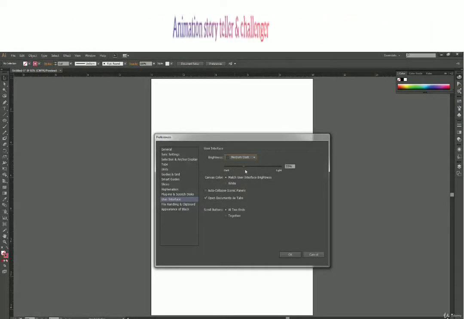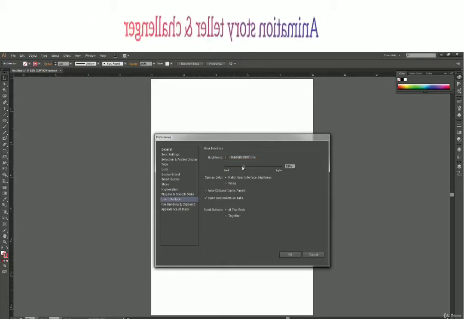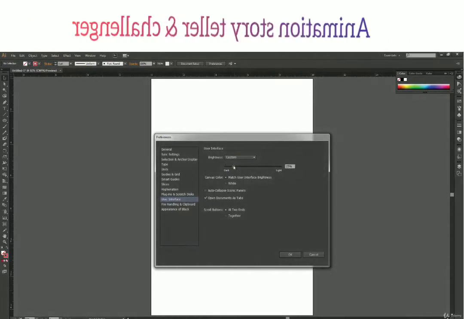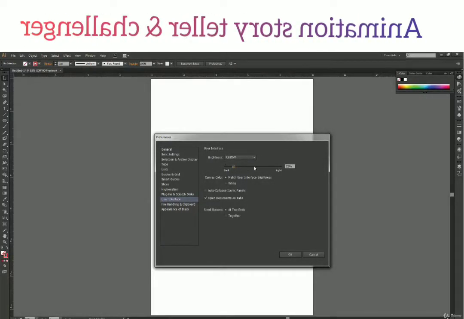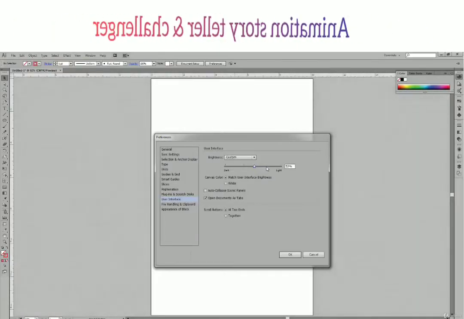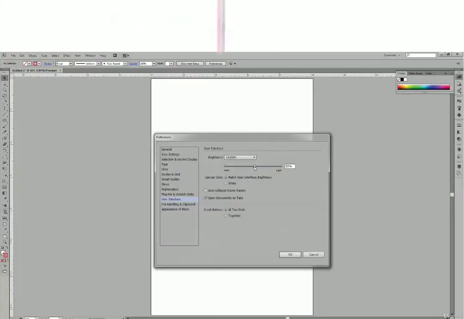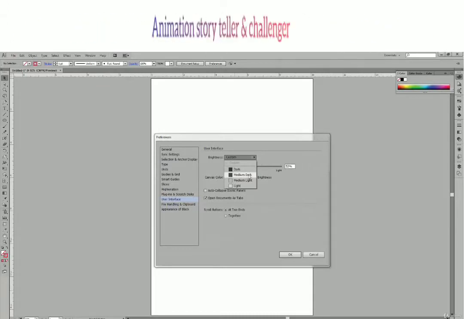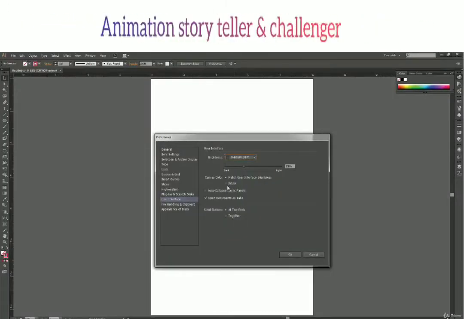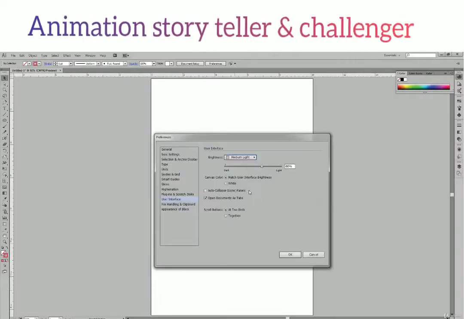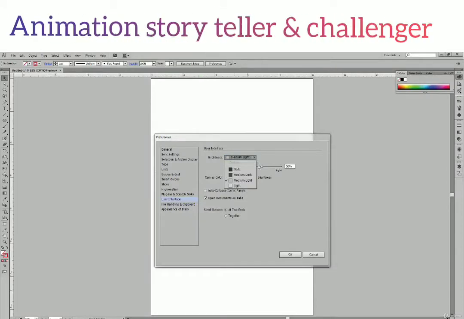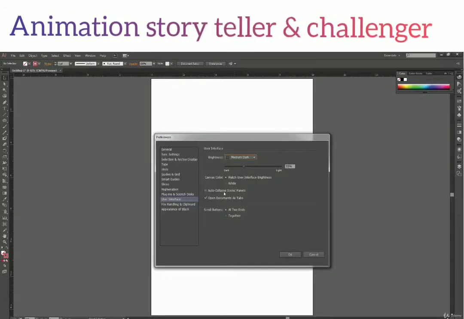And if you want to go into more precision level, then you have a slider over here. So you can switch your color or you can switch your grayscale level from here, or even lighter and lighter. And yeah, so let us switch back to medium dark, or medium light also, but anyways, I switch back to medium dark.